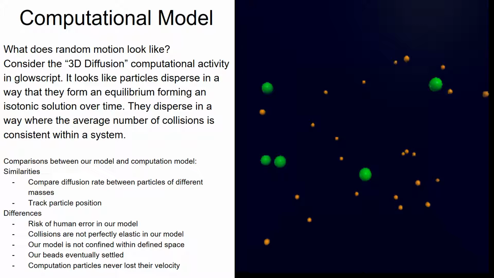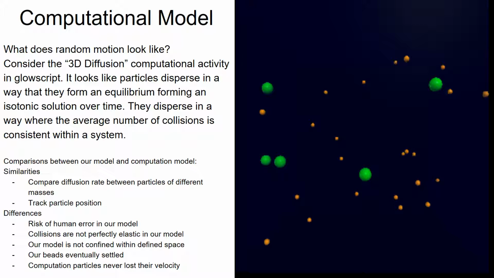Going back to 3D diffusion, we can look to the right and see our 3D representations of the particles in the solution. There were several comparisons to be drawn between our model and the computational model. The similarities are that we were able to change the mass in both our model and the computational model to determine the difference in their velocity or their rate of diffusion. And then we were able to track particle position, whether it was Tracker or an actual trail that the particle left behind. Differences included, of course, human error,